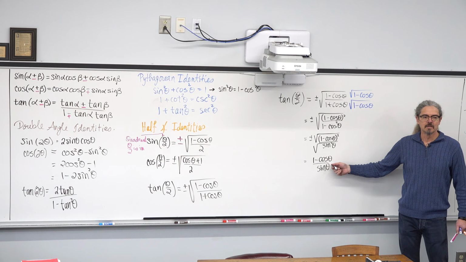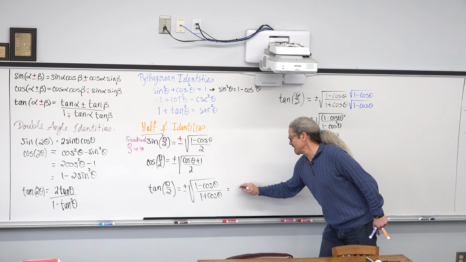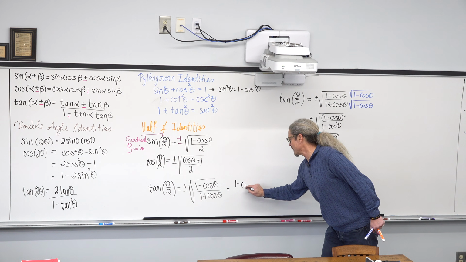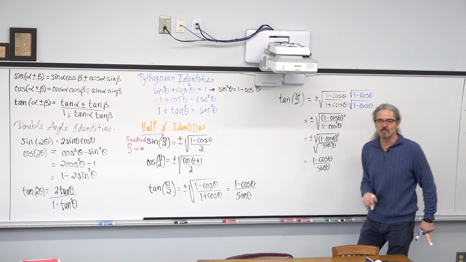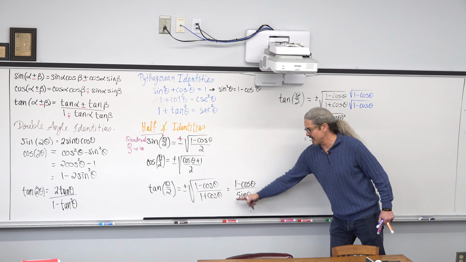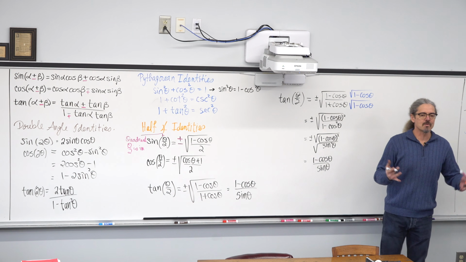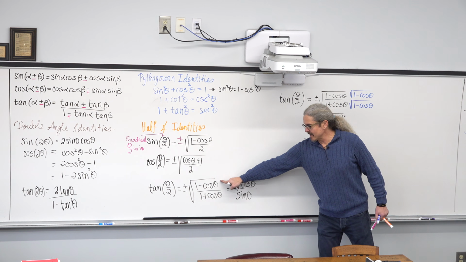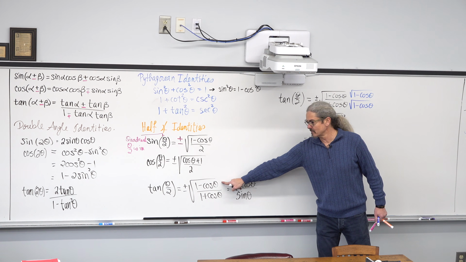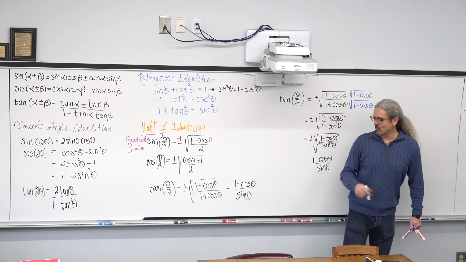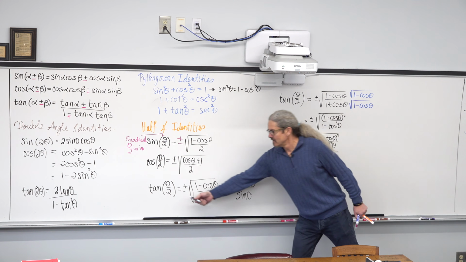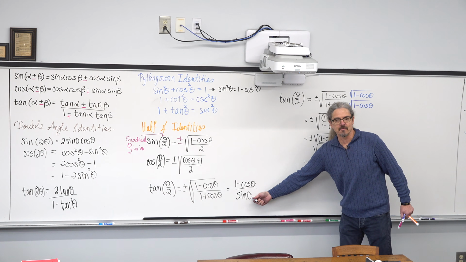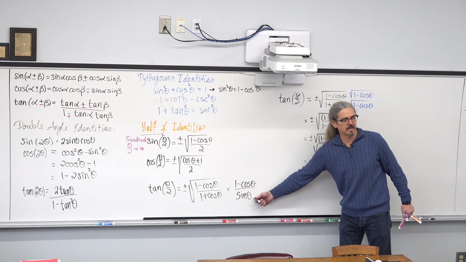This version of the half-angle identity for tangent is the much preferred version for doing unit circle type questions where your answer is going to be just a numerical value. The only time I ever really use the first version of the half-angle identity for tangent, where you have the square root of 1 minus cosine theta over 1 plus cosine theta, is in trig proofs. If I'm evaluating the tangent of theta over 2, I'm using this version. The denominator is the simplest you can get.